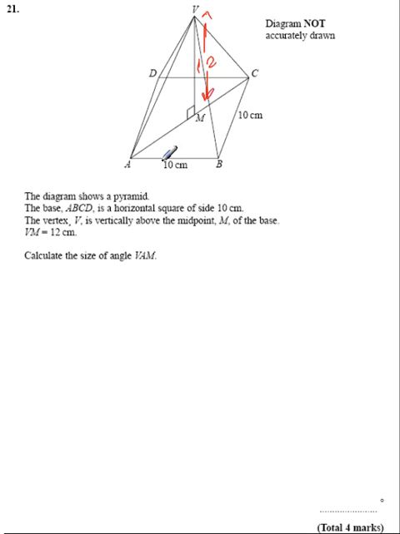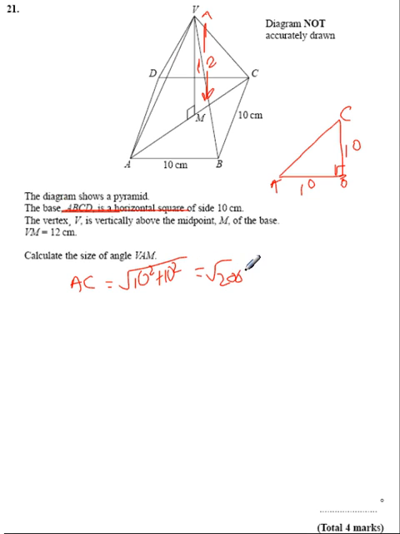AC is part of a right angle triangle again with ABC. So if we take out ABC, I know it doesn't look right angled again, and this is part of the confusion, but remember, it is a square base. It's just the perspective that means it doesn't look like a square. So if we've got ABC, and if that's 10 and that's 10, then AC squared must be equal to the other. AC must be equal to the square root of 10 squared plus 10 squared, which is the square root of 200, which is